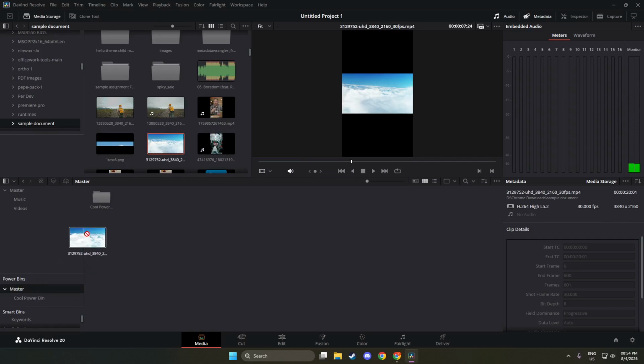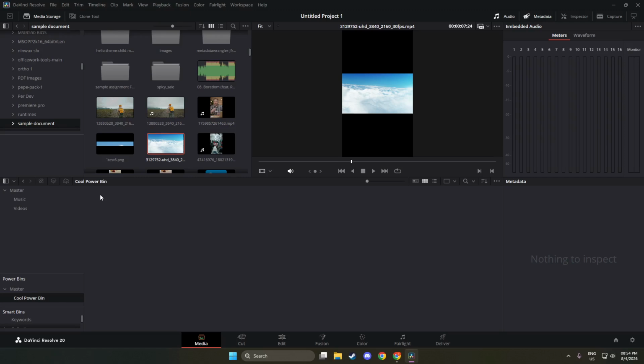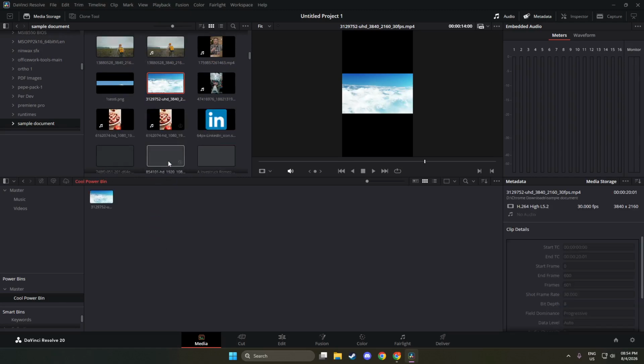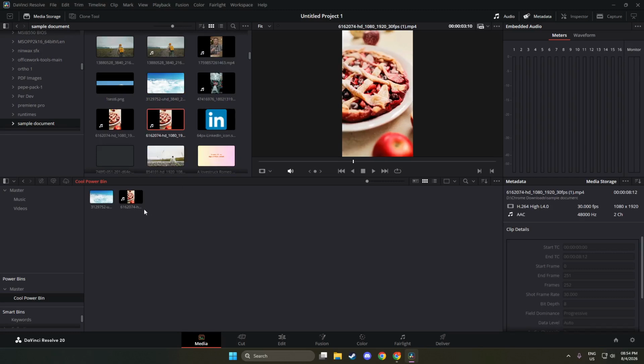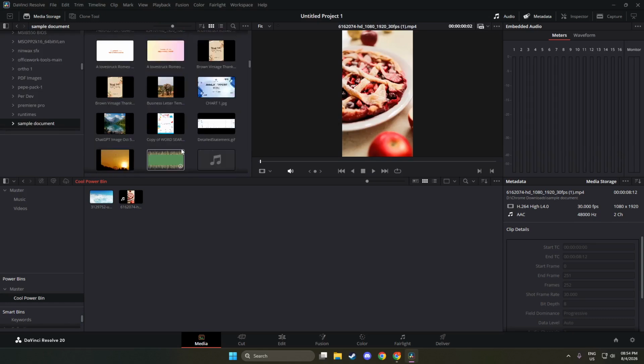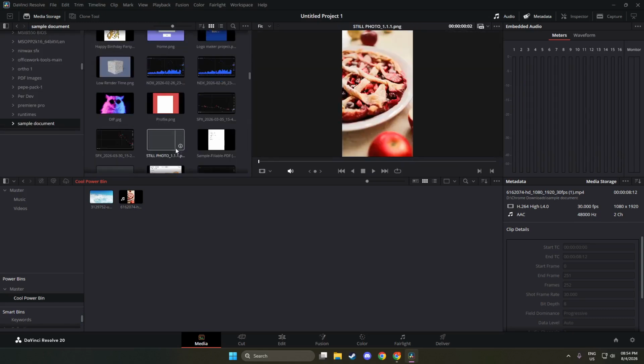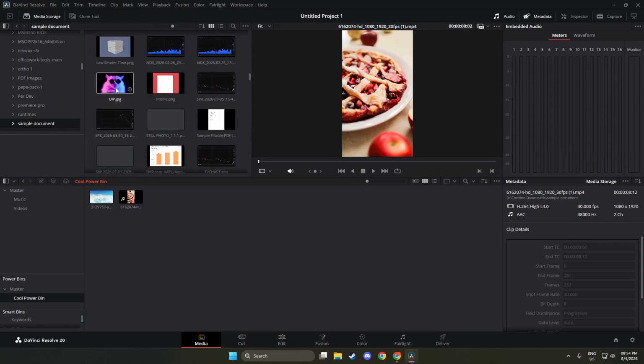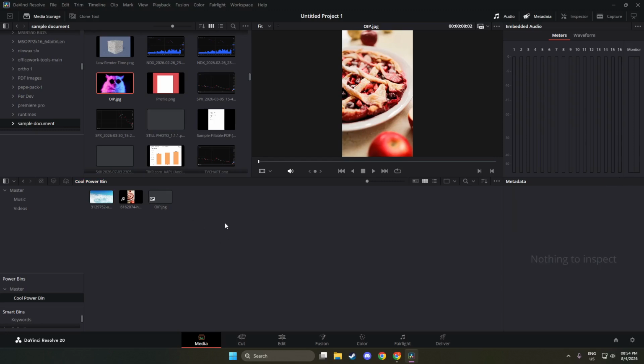At this point, you can click on the Power Bin name to check its contents. You should see thumbnails or list entries of every clip you dragged in. These items now behave like any regular media in the Media pool, so you can drag them into timelines in any project. A useful detail most beginners miss is that removing a clip from a timeline does not remove it from the Power Bin, so your library stays safe.